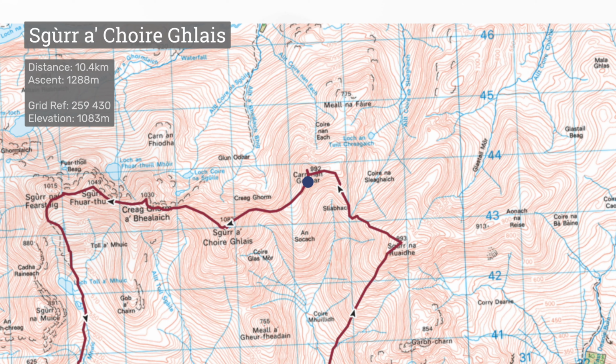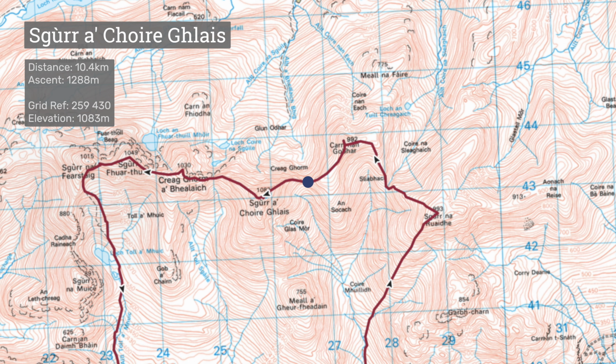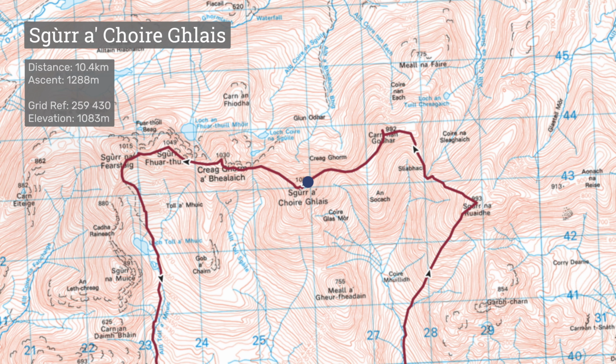Well, this is the summit of the third Munro of the day, Sgurr Fhuar-thuill Ghlais, at a height of 1,083 metres. So it is the tallest of the circuit of 4. Although it's not really obvious where the actual summit is. So you can see behind me there's a trig pillar, but if I turn around this way, you'll see there's a large cairn behind me that way,